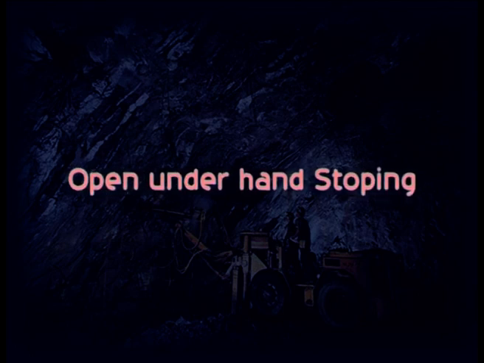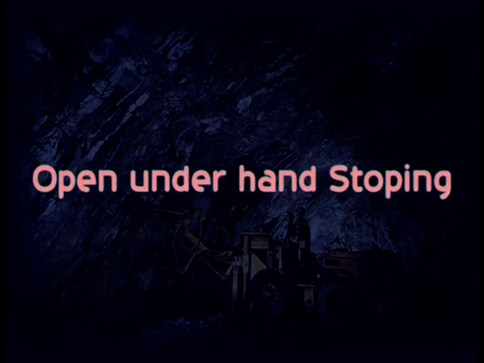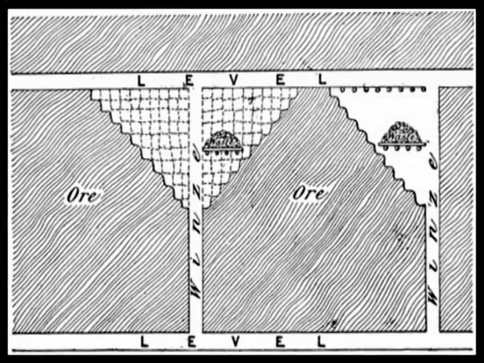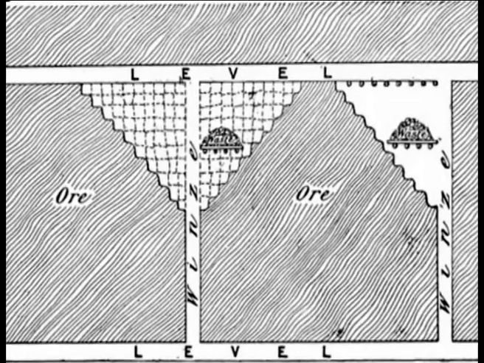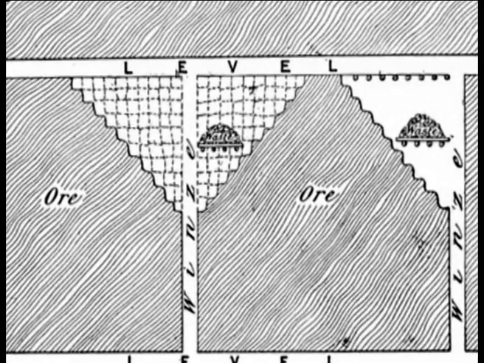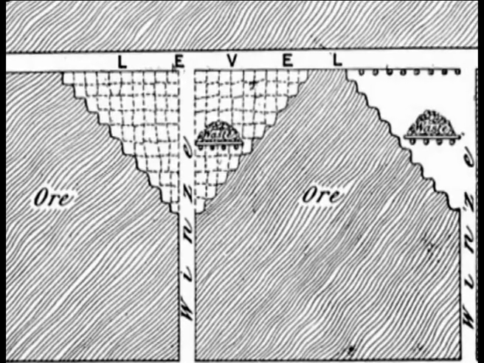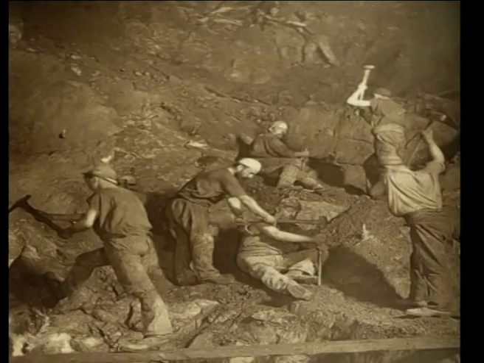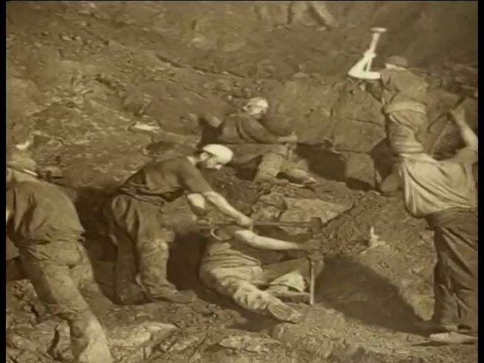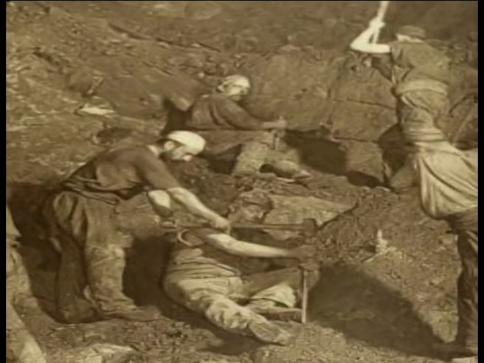C. Open underhand stoping. Underhand stoping is best suited to narrow steeply dipping veins with strong walls and where the ore requires no sorting. This method has been practiced in the Kolar gold mines at shallower depths. When an excavation is started downwards, that is, down dip from a level, such a method is known as underhand stoping.